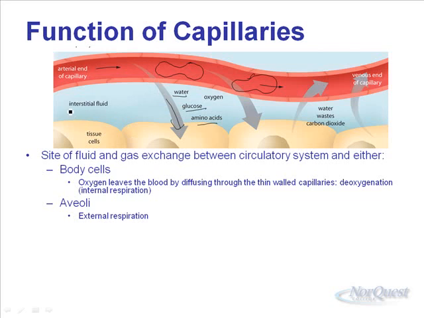The space between the tissue cells and the capillary itself is called interstitial space, or it contains interstitial fluid. The body cells, oxygen is going to leave, so the oxygen on the red blood cells is going to go into the interstitial space, then into these body cells, allowing for cellular metabolism to take place. That's the deoxygenation, or the internal respiration, that we talked about in